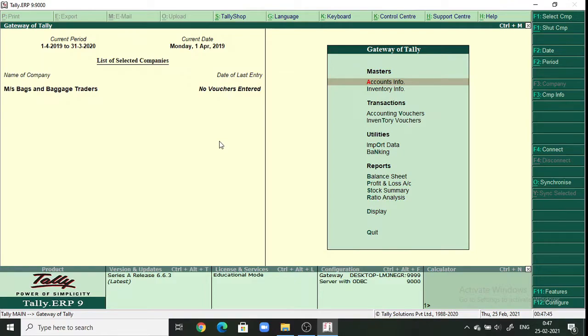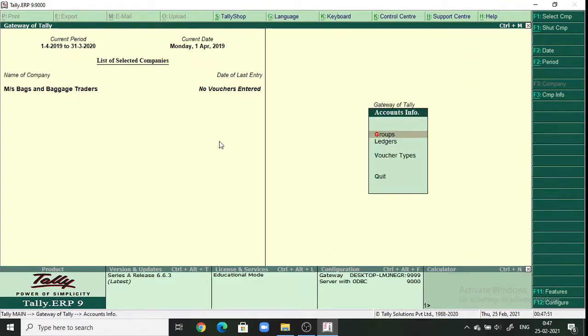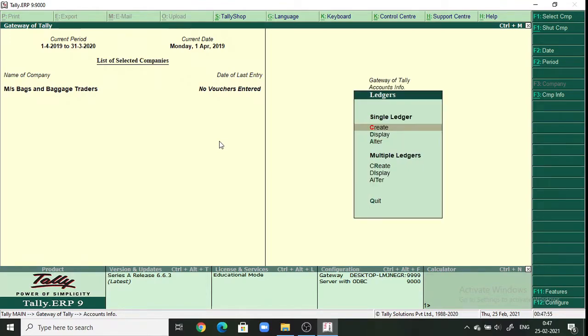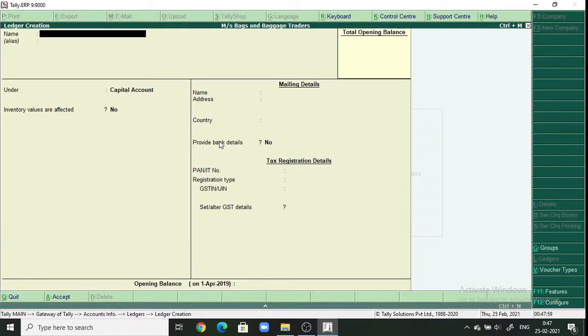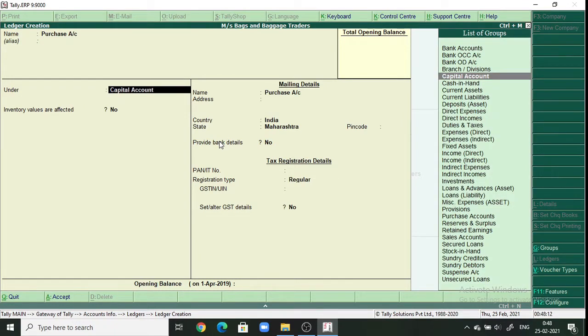For that, to create the ledger and the stock item, first we need to go to accounting info, and then click on ledger and create single ledger. The ledger which we need is the purchase ledger. First create the purchase account, enter. Under group will be purchase account,